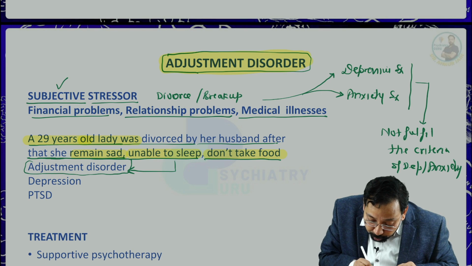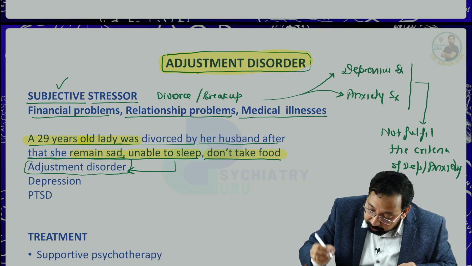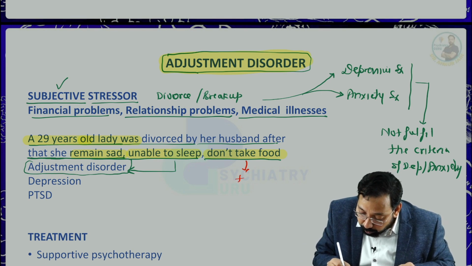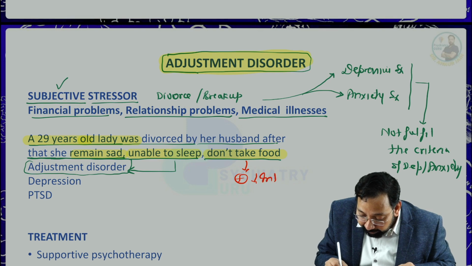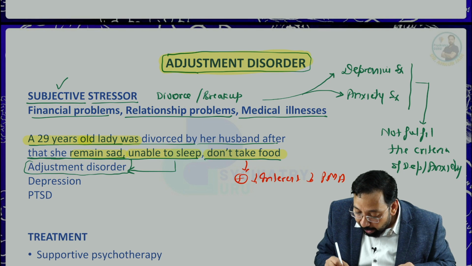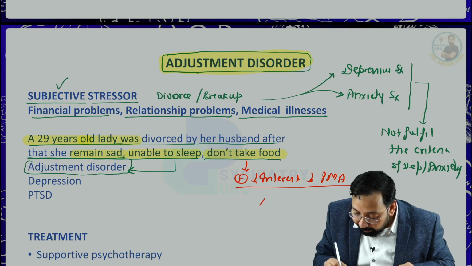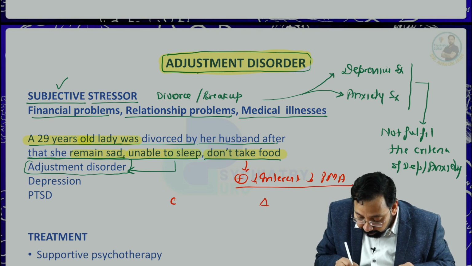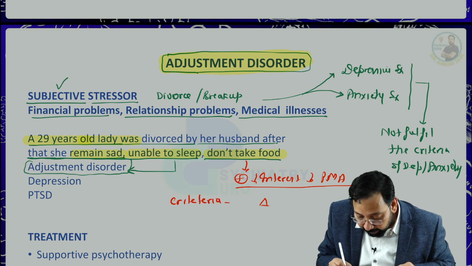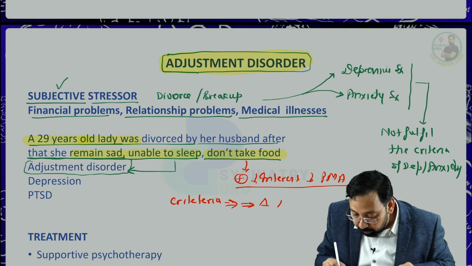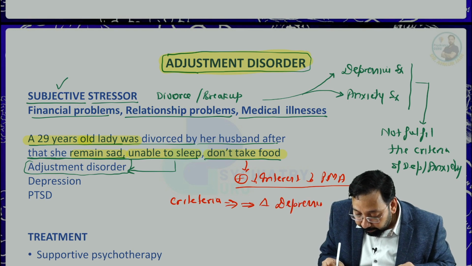But in the same question, if this lady is also having decreased interest, decreased psychomotor activity, 5 symptoms are there, criteria of depression is fulfilled, the diagnosis would become depression. Okay,